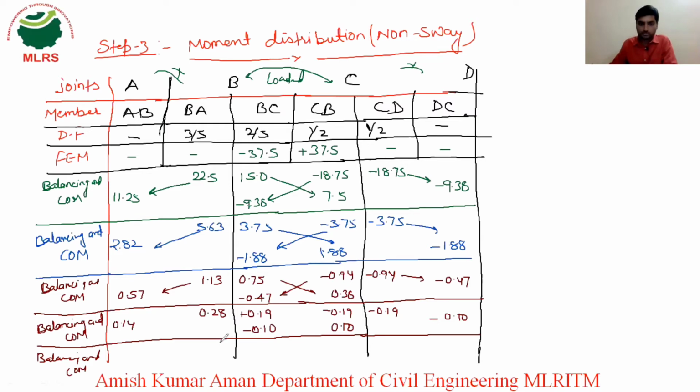So when you will distribute this, it will be 0.06, here 0.04, and here it will be 0.05 and 0.05. Okay, minus. Now you add this. So when you will add these moments after completing this step, okay, so when you will add this, so final moments, your final moments will be, I am writing here final moments.